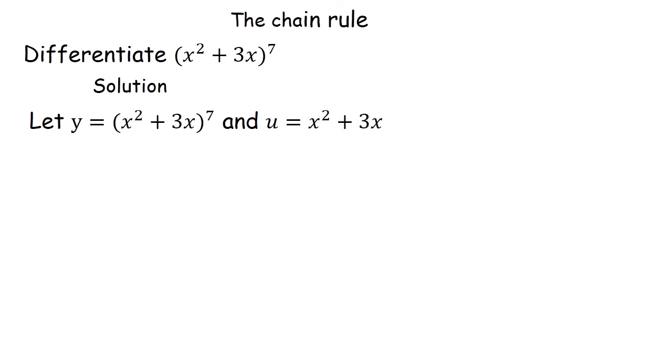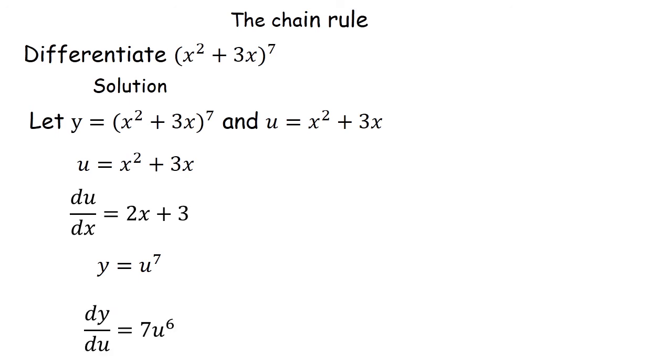We shall find du/dx. The 2 will come here, so that will become 2x, and then the 3x reduces to 3. So du/dx will be 2x + 3. Then now our y is equal to u to power 7. So what is dy/du? It is 7u to power 6,